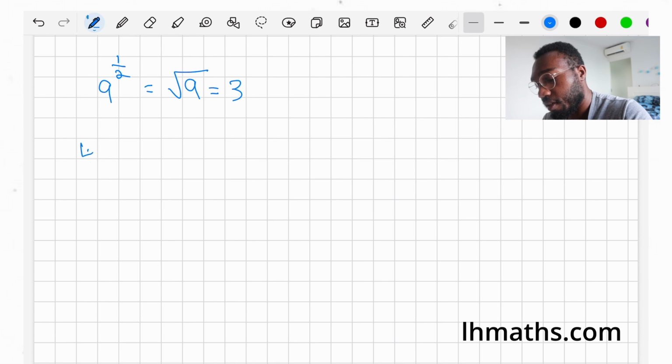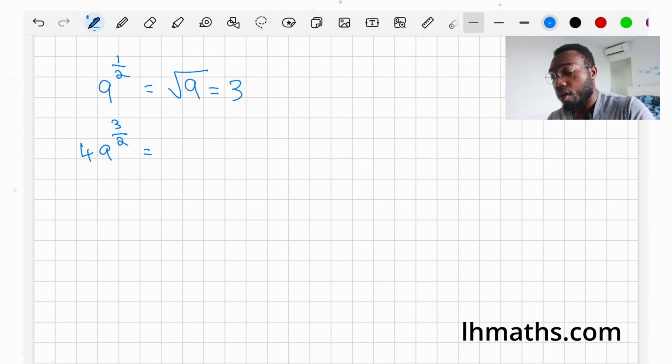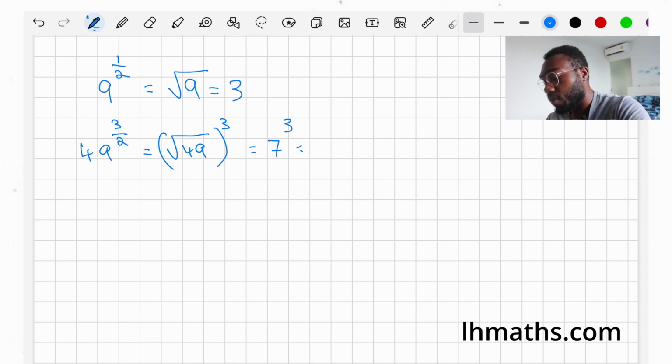49 to the power of 3 over 2. The same thing here. Going back over your rules, there are loads of ways we can do this. The easiest way would be that it's the square root of 49, to the power of 3. And we know the square root of 49 is 7. And then that is to the power of 3, which if you work it out, you would get